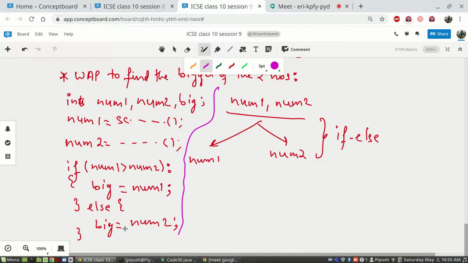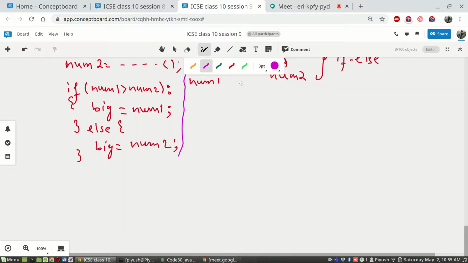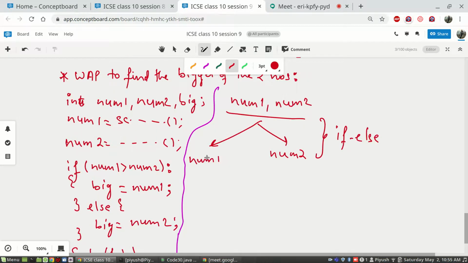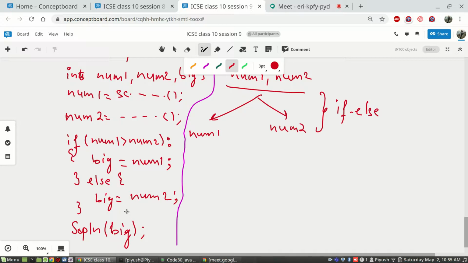So this is your program, and later you can print with sopln, System.out.println(big), so that will print the biggest of the two. This is a very small program in if else version of comparing and finding the bigger of the two numbers. Is this program clear to all? Just have a look for 5 seconds and then reply.